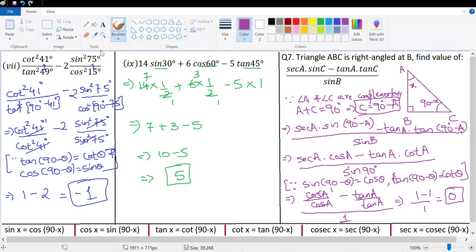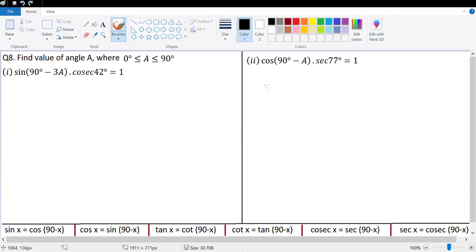The last question of this chapter that we do is question number 8. So question number 8 says find value of angle A, where angle A lies between 0 degree and 90 degree, and a relationship is given which is sine 90 minus 3A multiplied with cosec 42 degree is equal to 1. So we know sine 90 minus theta is equal to cos theta. Yes, sine 90 minus theta is equal to cos theta. So this becomes cos 3A